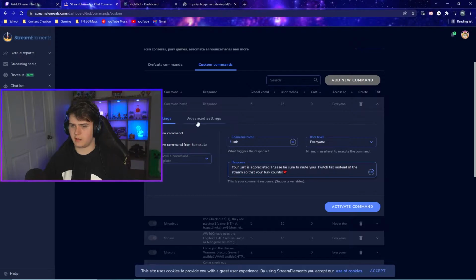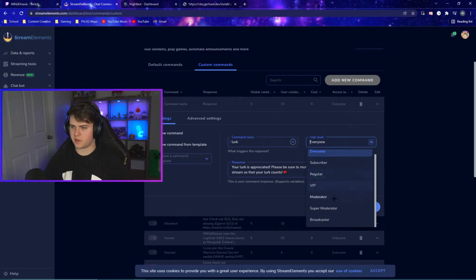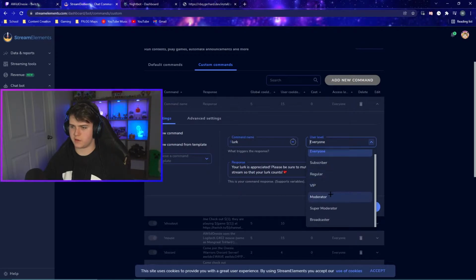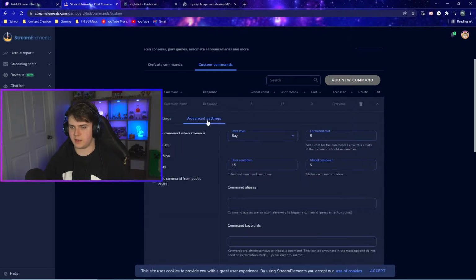And then once you've gotten these settings the way you want them, and by the way, you can change these. So maybe you want a command that only moderators can do, you'll select moderator. If you choose moderator, everybody who's moderator or higher will be able to use that command. That's how it works. Then come to the advanced settings, and it says enable command when stream is,